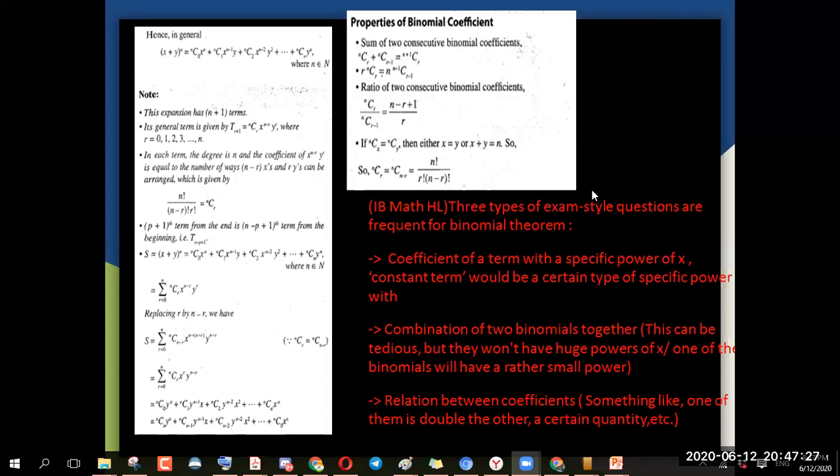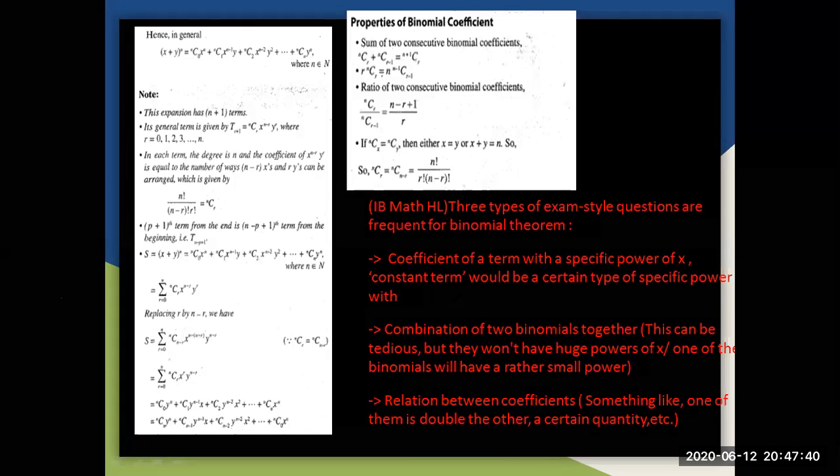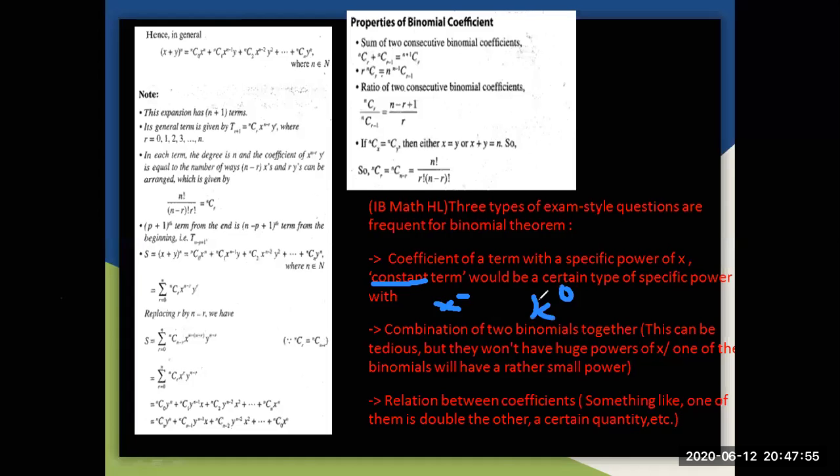So in IB Maths HL, you had mostly three types of binomial theorem questions. One where you have to find the coefficient of x to the power of something, which could be a constant term, which basically means x to the power of 0. And the second is where you have two binomials given together. Usually, one of them is